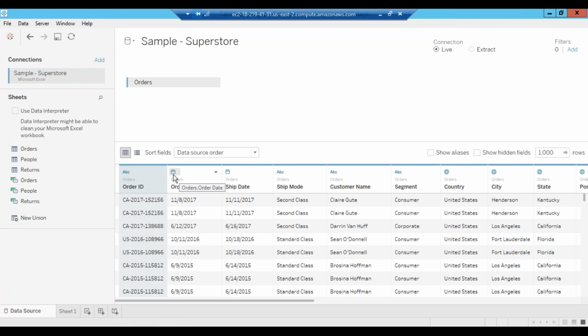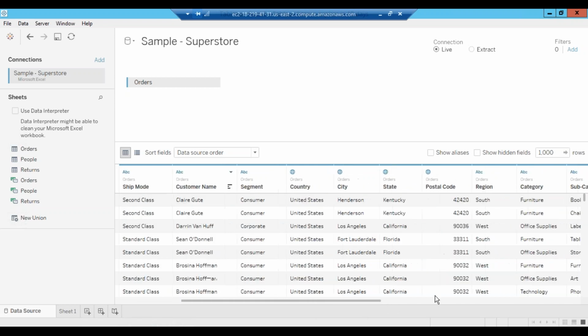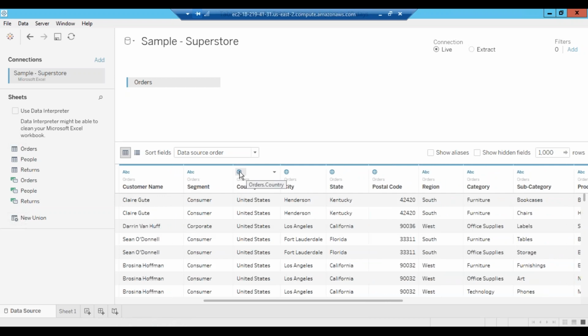Okay, this is date. Here you see the date icon, a calendar kind of icon. This tells you that this is a date column, and it only has date. If it has date and time, then that one would be selected. Ship date is also a date. Orders is a string column. If you come down, here is city. City and the others are also string columns, but they are geographical values. That's the reason you see the globe kind of icon for 4 items: country, state, city, and postal code.